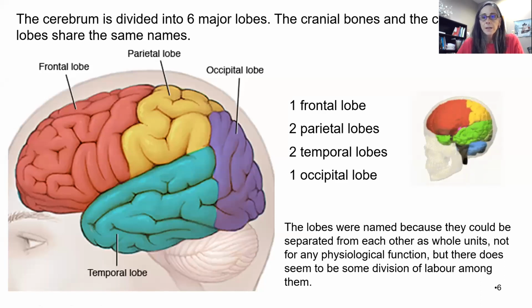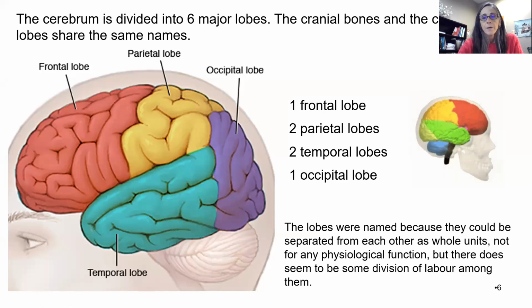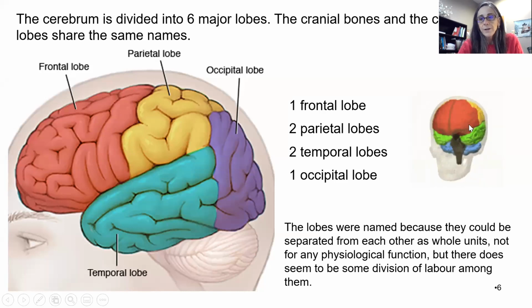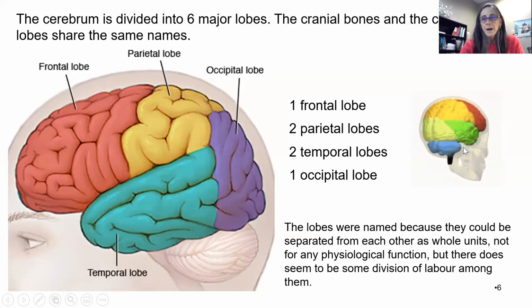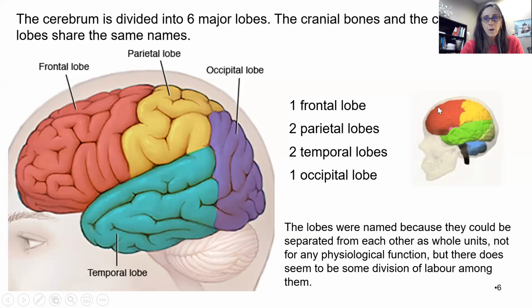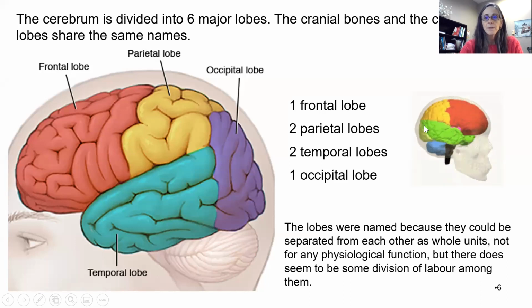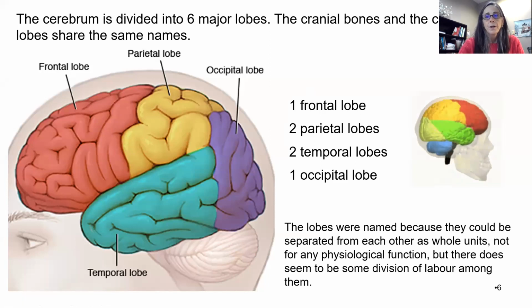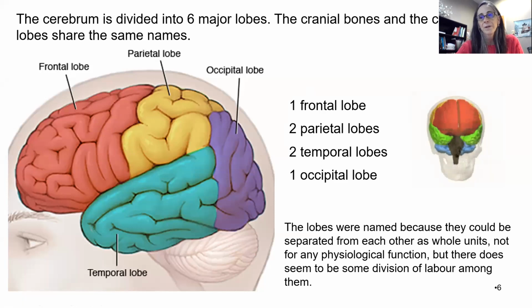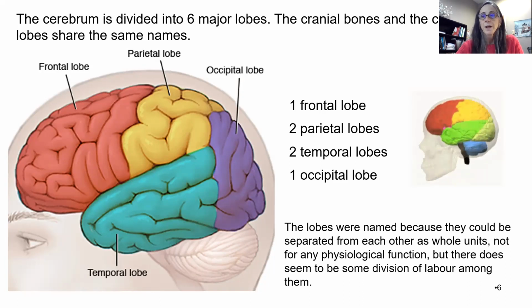Okay, so I've already talked about the frontal, parietal, temporal, and occipital lobes. As you can see here, this is a great three-dimensional picture. So you have all the lobes. Here's your frontal lobe, which is quite large. The parietal lobe, the occipital lobe, the temporal lobes. Now, each one of them is in charge of specific areas or specific sensory